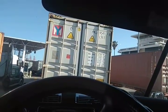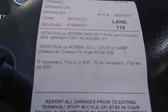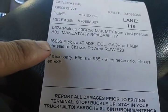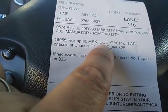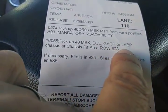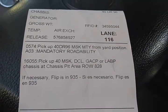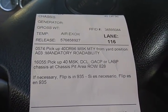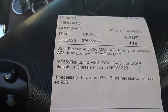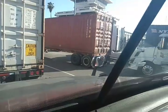For instance, this ticket right here is from Maersk or APM. They want you to pick up a chassis. It's a 40 size, and it's got to be a DCL, GAPC, or LABP. This is real important, especially at Maersk, because if you end up picking up a chassis that says APL or any other initials on the chassis...